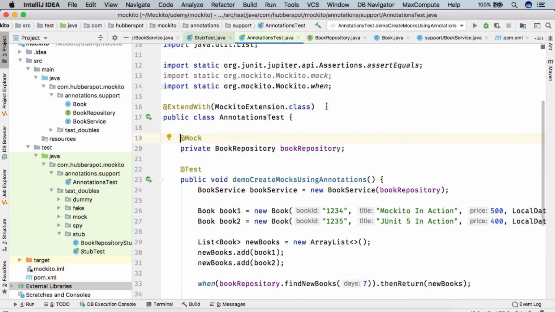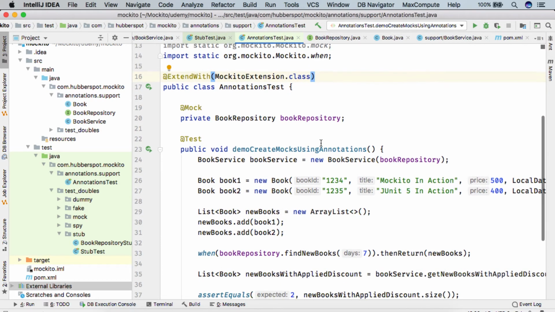So friends, in order to use the annotations, we need to enhance the capability of our test class with Mockito extension. And also friends, here you can see that when we used @Mock and we provided book repository, we removed one line here which was actually creating the mock using the Mockito static method mock.